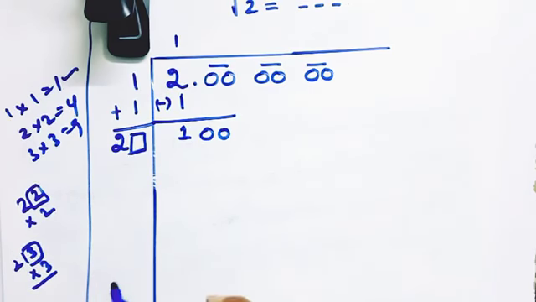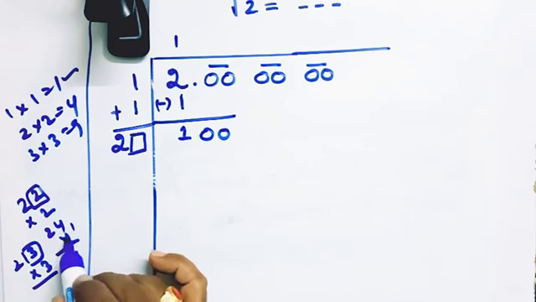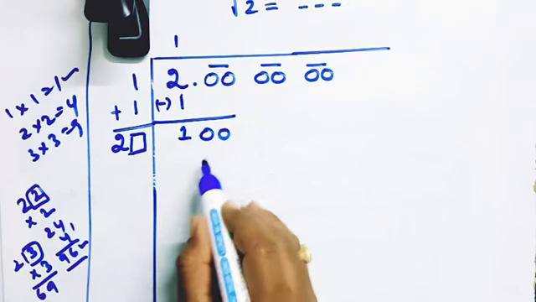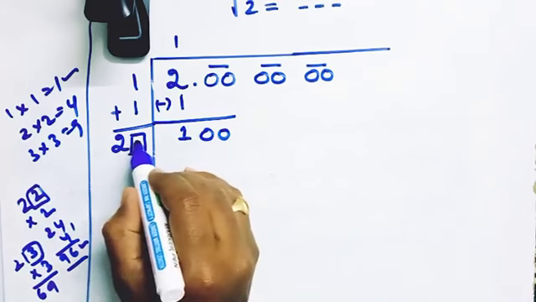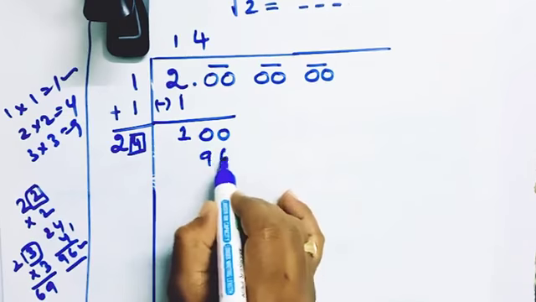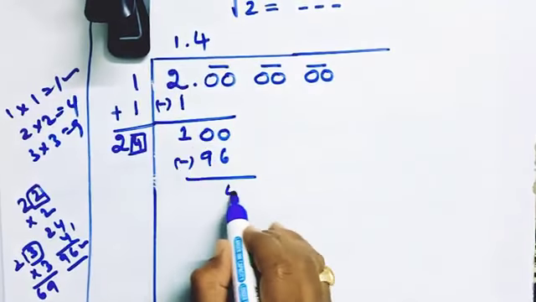Now I am taking 24 4s. 4 4s are 16, 4 2s are 8 plus 1, 96 I am getting. If it is 9, 23 times 3 is 69. 96 is near to 100, so I am taking 24 4s are 96. Here you can put the point. 100 minus 96, you will get 4. Again take one more pair down. Again we need to add this 4 on the left side, so now it becomes 28.